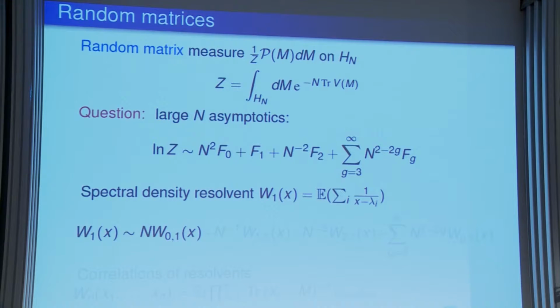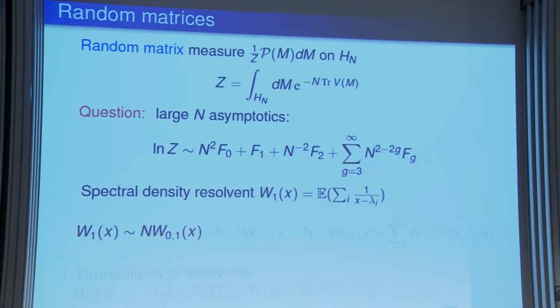And you don't have such an expansion for every potential, but let's say for a very large class of measures, you have such an expansion. And the question which existed in random matrices was how to compute the coefficients. So let's assume that you have such an expansion. How can you compute the coefficients? And also, you're not only interested in the partition function itself, but you are also interested in expectation values of the spectrum. So what is the large N behavior, the statistical behavior of the spectrum? And in particular,